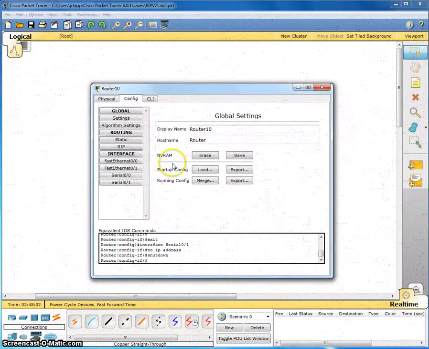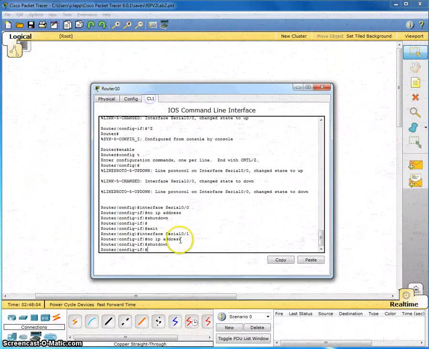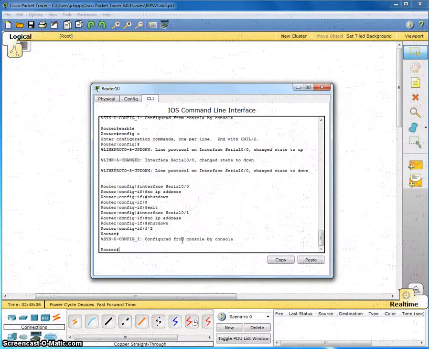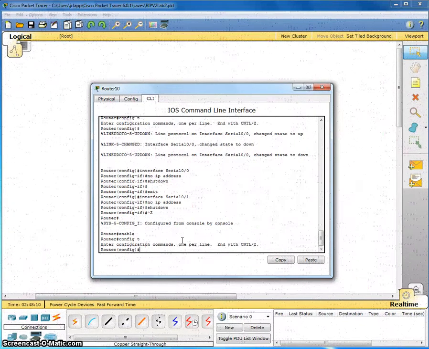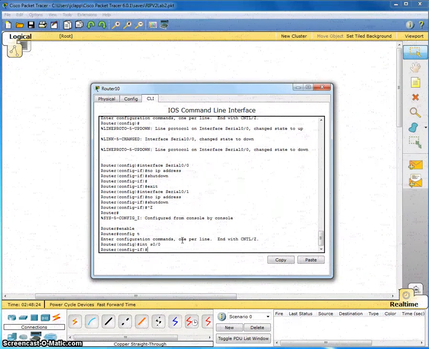We'll come over here, go to the CLI, back to the start, do enable, config T. Once again, this router has two interfaces on it, so we're going to talk to the first one, which is serial S0/0. So we'll type in INT S0/0. There we go. So we're now in that interface. So we're going to add an IP address to that interface,